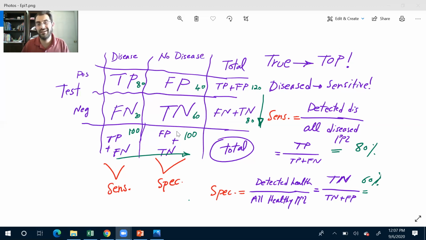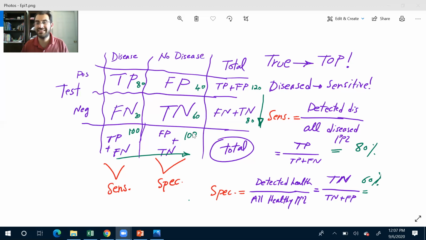Imagine a naughty kid burnt my piece of paper that had my calculations and my table on it. Some part of the right side and some part of the left side of my paper is burnt. I only see the middle. That is enough for calculating specificity. I only see the healthy column. That's enough for the specificity.